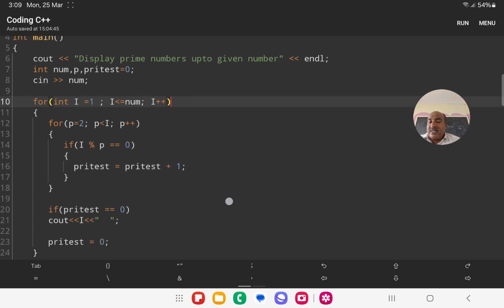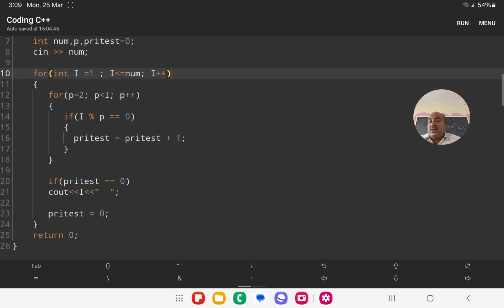Then prime test equals 0. If it is divisible by any number, the prime test will be incremented. So prime test equals 0 means it is not divisible by any number, that means 2, 3, 4 do not divide 5. So cout i, 5 will be displayed.